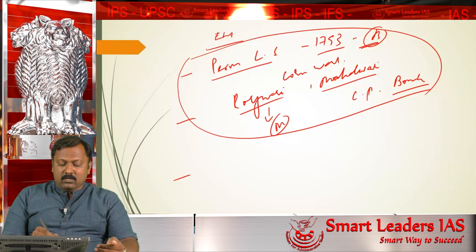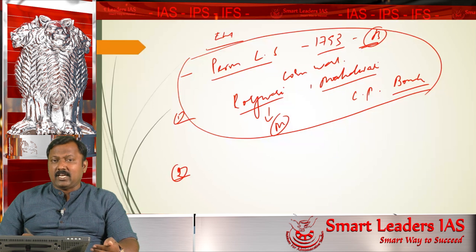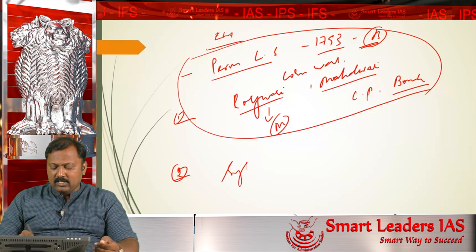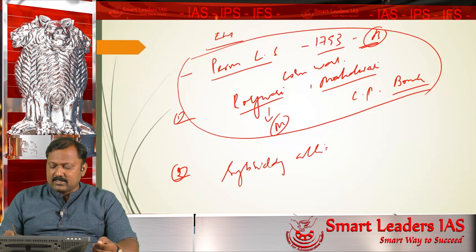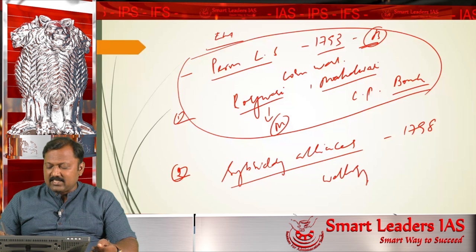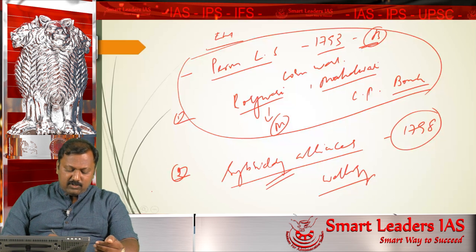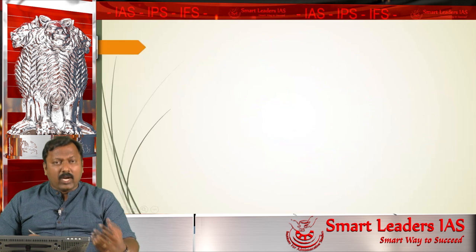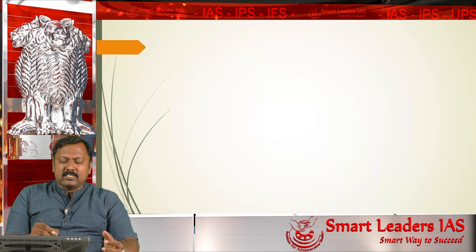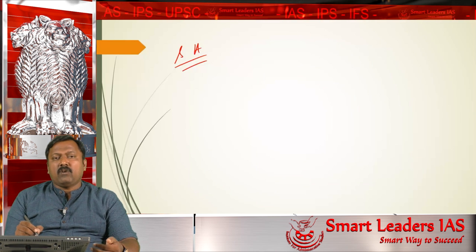Added to this, the British tried to establish their entrenchment in some other manner, which was forming alliances with the native states in India, a system called subsidiary alliances. The subsidiary alliance was introduced in the year 1798 during the time of Wellesley as Governor General. What this subsidiary alliance treaty is, why it was introduced, what its provisions are, we will see later, but it is sufficient to note that the treaty made the Indian states subordinate to the wishes of the East India Company.